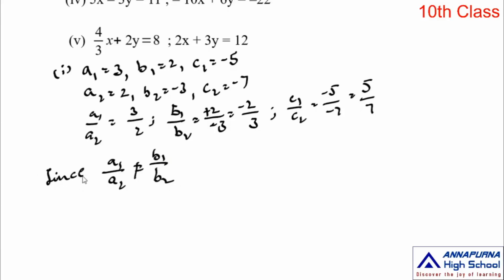since a1 by a2 is not equal to b1 by b2. That means its graphical representation is intersecting lines. So if the graphical representation is intersecting lines, then the pair of linear equations has a unique solution. That means that pair is consistent. Okay, hence